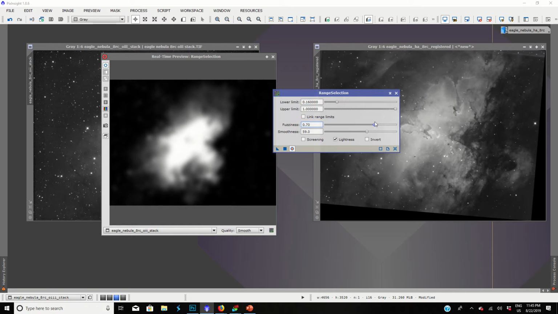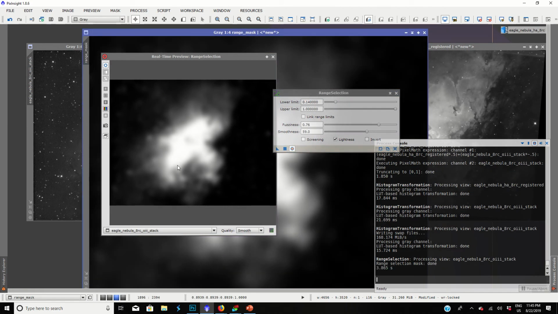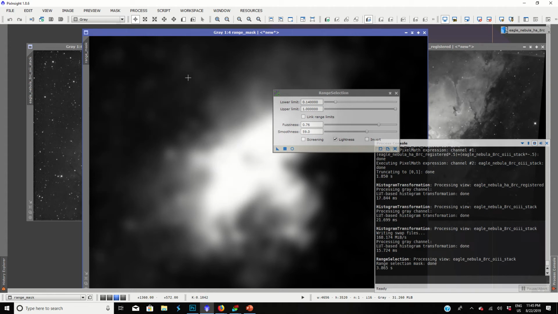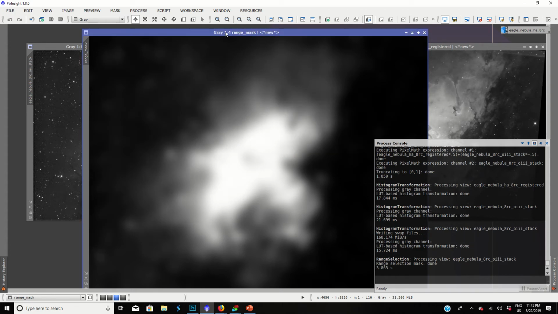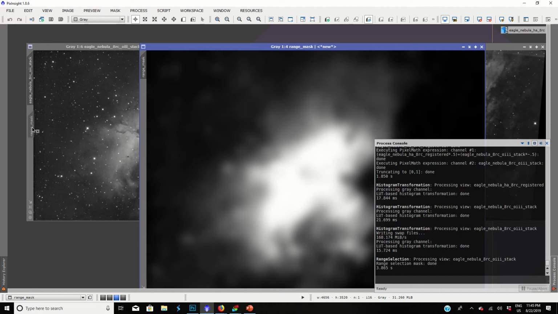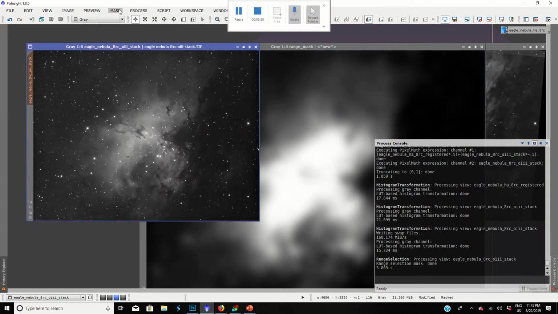So just keep messing with these sliders a little bit. You know what? For time's sake, I'm going to go ahead and continue with that. You want to make sure it feathers nicely into the background. You want these areas to blend. You just don't want hard edges. So that looks good. I'm going to go ahead and apply this to the mask, and you'll see here it